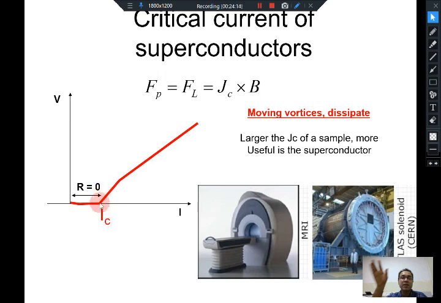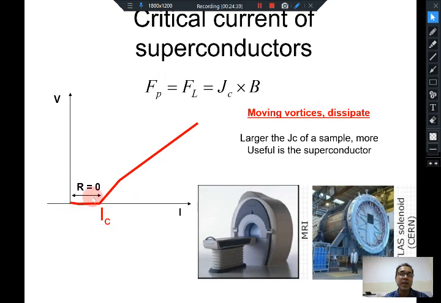It is a critical current, and the larger the critical current, the more useful is the superconductor for such applications. So you actually use high critical current superconductors for applications where you have to control the disorder in such a way that you can increase the critical current of the superconductor. Namely, the R equal to 0 range, the range of current up to which you can maintain large currents